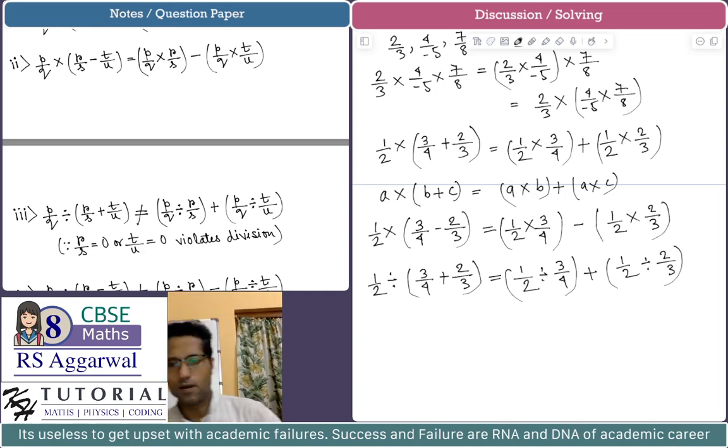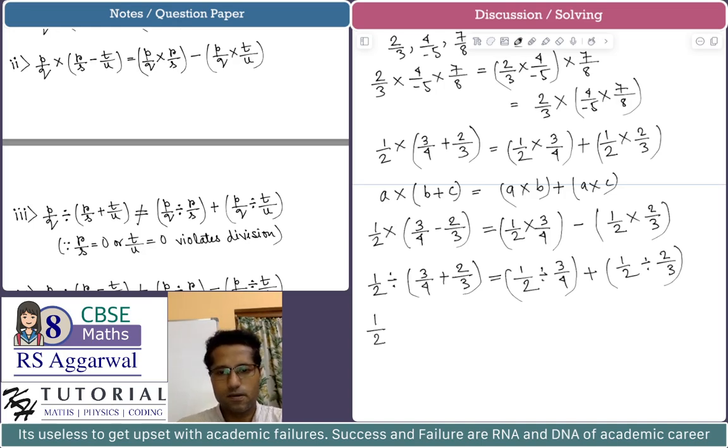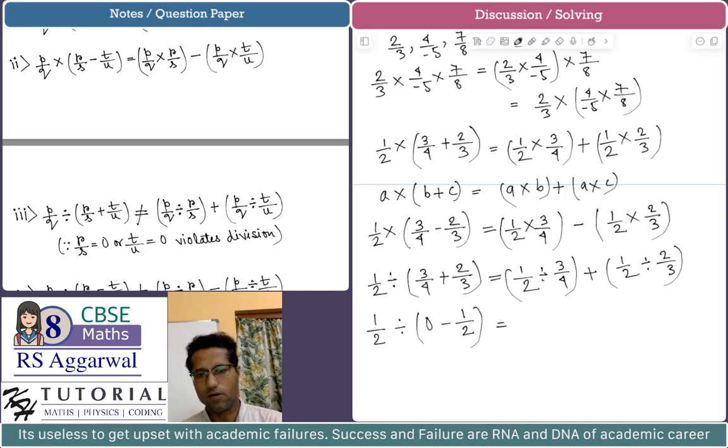In general, for some cases it could be true, but it is not necessarily the case that division is always distributive over addition or subtraction, because consider this case. If it was like this, 0 minus half, now this is a perfectly fine expression. The value of this expression is half divided by minus half,